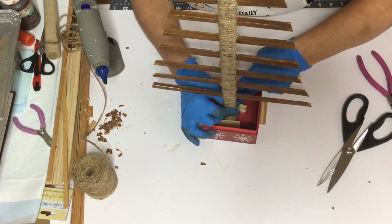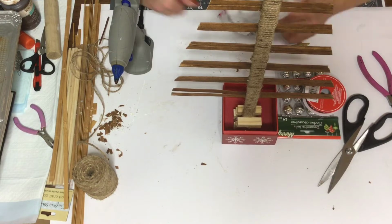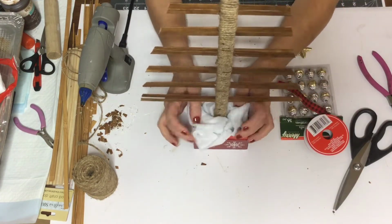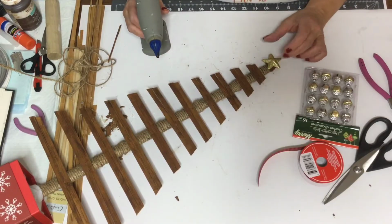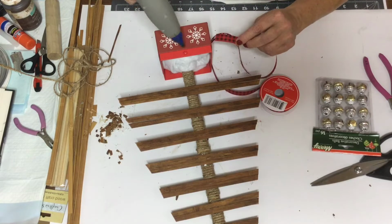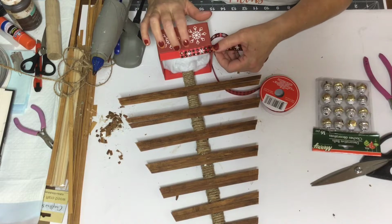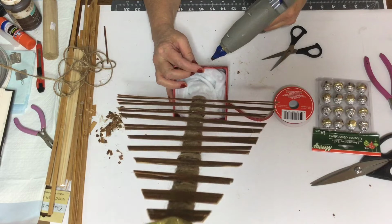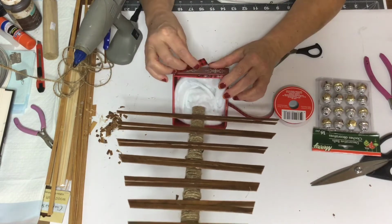repurpose. Now I'm taking some of those little tumbler blocks and gluing a few layers in there just to hold it in. And I'm just going to take and cover that up with some of that glittered cotton drape. Now I'm going to glue one of the little stars on top that I got from the foam scatter I purchased at Dollar Tree. And then I'm just going to add a thin little ribbon around the lip of the